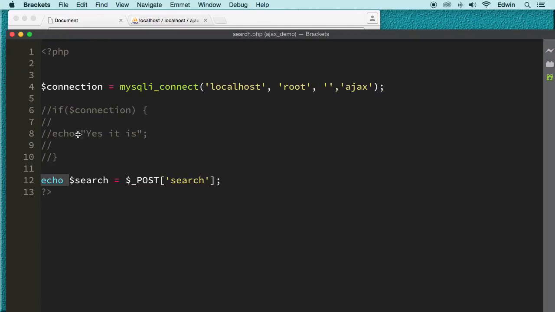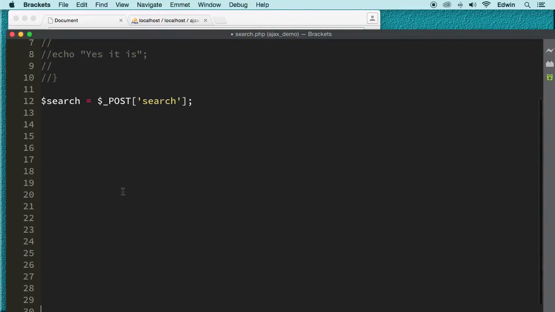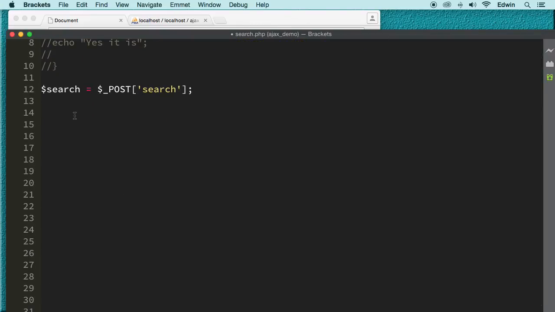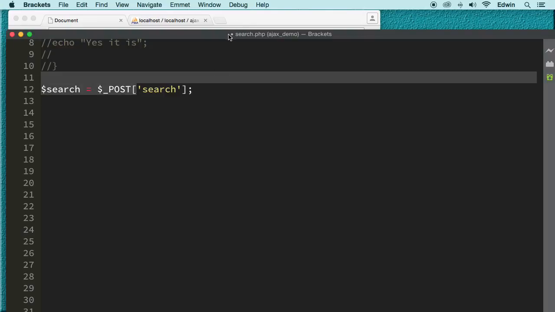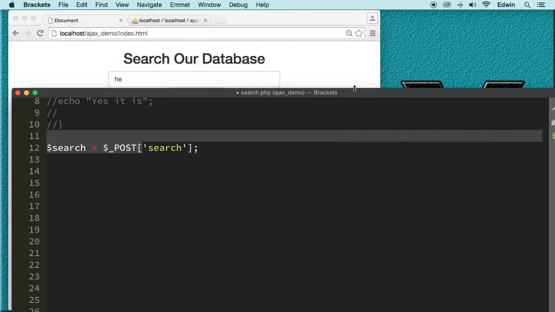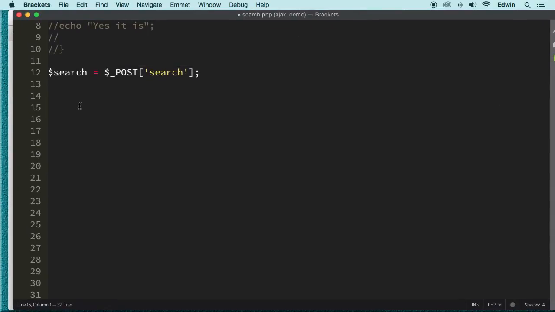Now we don't need to be echoing anything out, so let's take that echo out of there and start writing our query. Finally, some PHP code. I love PHP. Let's first check if this is empty or not, because we don't want empty information to be sent to our server. So we're just going to write a simple if statement, using the function empty. If it's not empty,